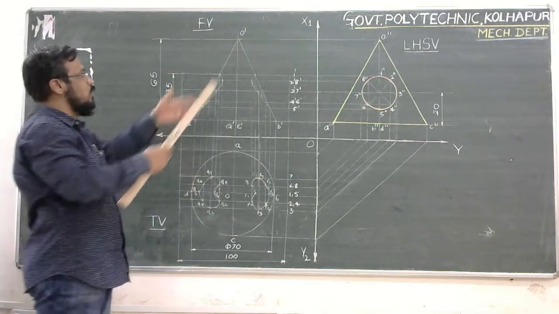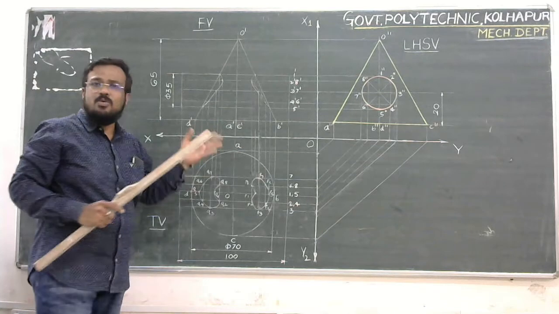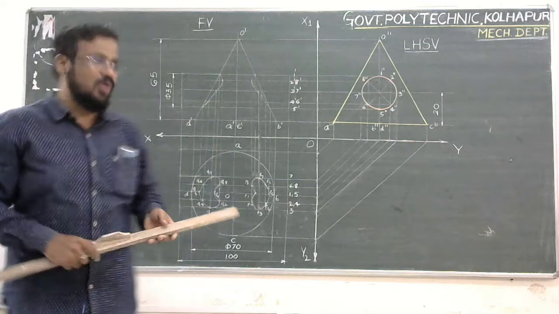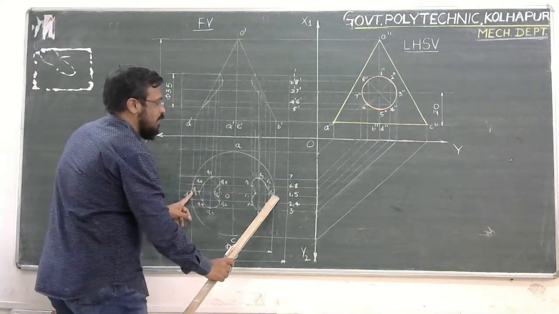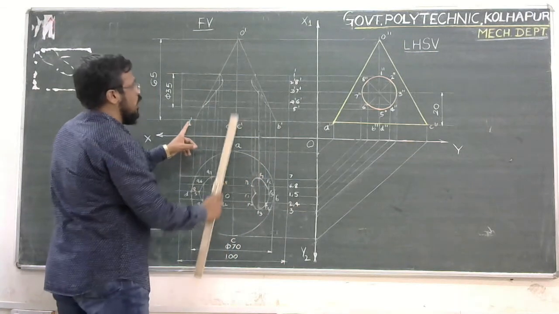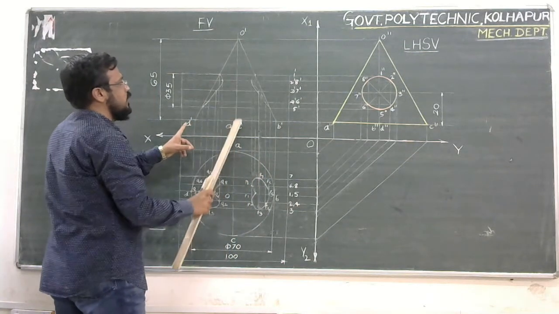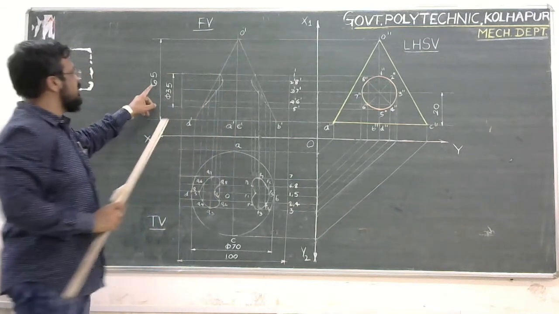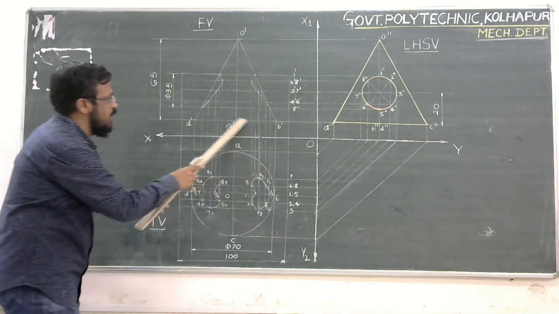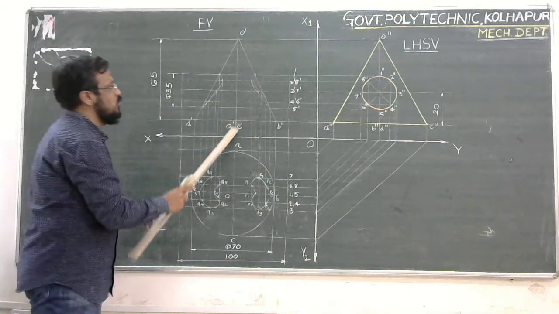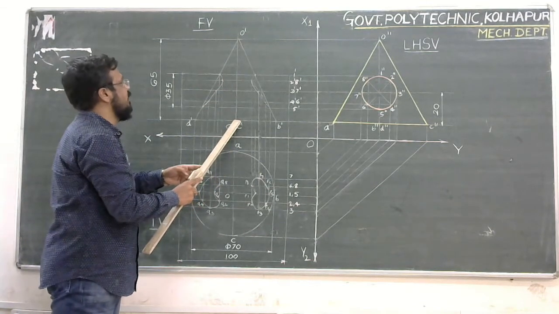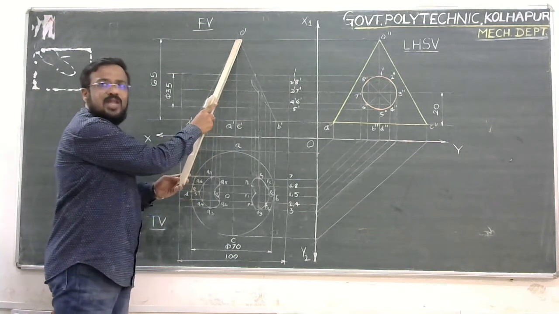Now the thing is that you have to draw the front view. So in the front view, obviously the cone is visible in the form of a triangle because it is standing vertically, the axis is perpendicular. So these are the two limiting points. So I have projected these 2 points vertically up, then this O also up. On this O, definitely the axis of the cone will lie. What is the height of the axis? It has been mentioned as 65. So from this datum line, which is the base of the cone in the side view, I draw the horizontal locus. From this horizontal locus to this vertical line, I will start from here measuring a length equal to 65 mm, that is the height of the cone.